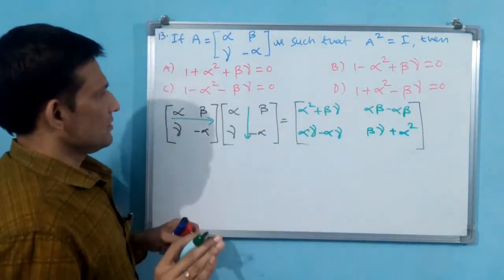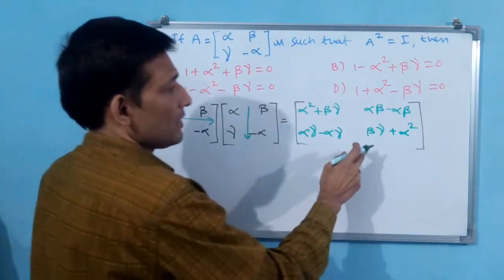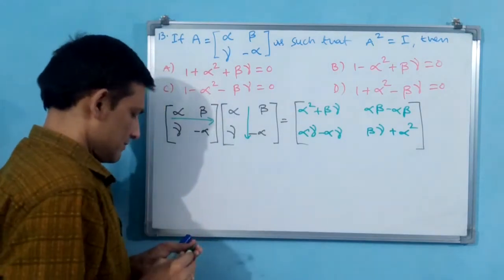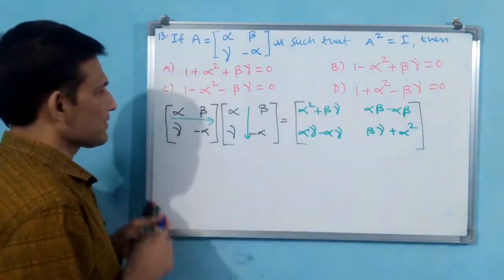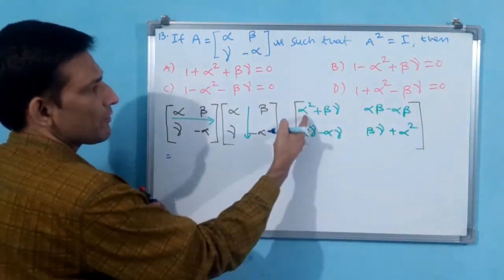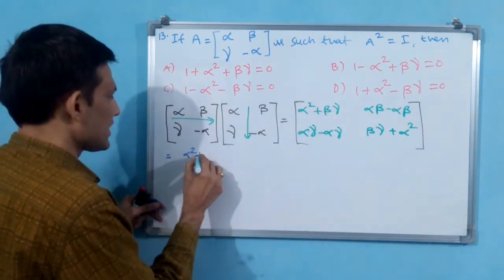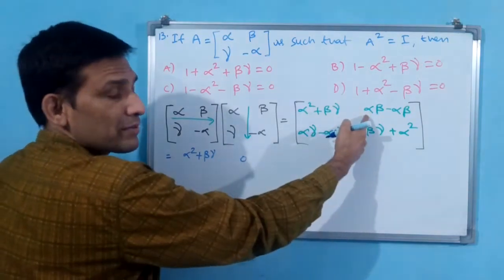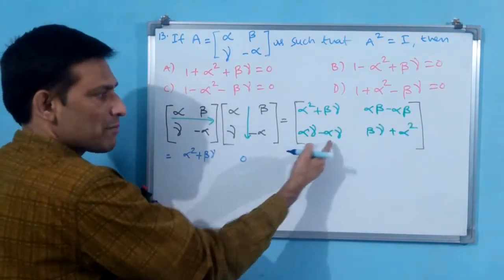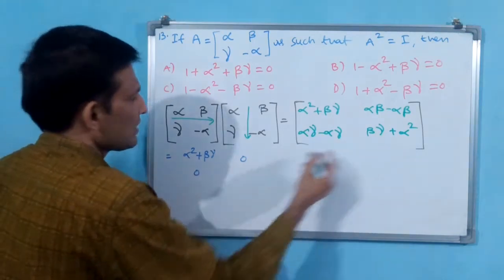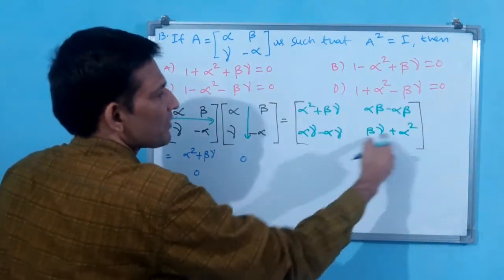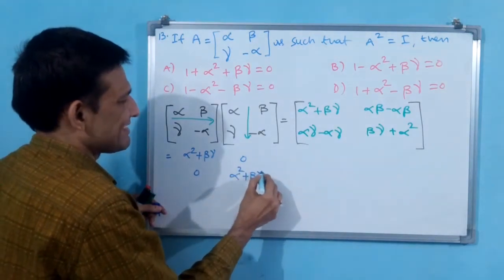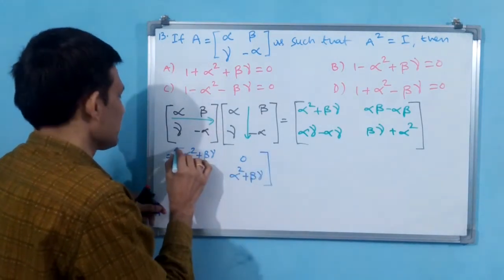You see now, finalize this one, then we will equate to I. First finalize this one, that is equal to alpha square plus beta gamma, alpha square plus beta gamma. But here this is 0. Why? Plus alpha beta minus alpha beta. Here also plus alpha gamma minus alpha gamma, this is also 0. Here again, I can write alpha square plus beta gamma, same. Rather than writing beta gamma plus alpha square, both are same.